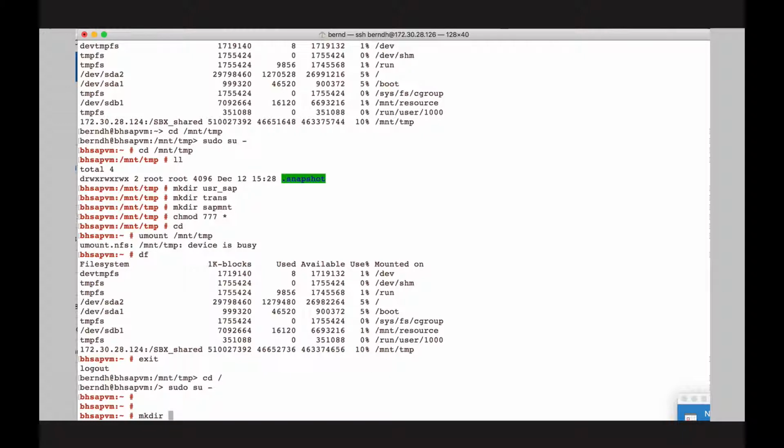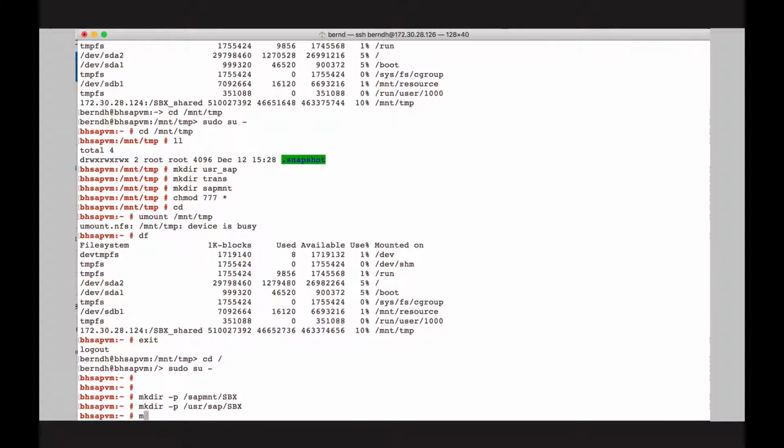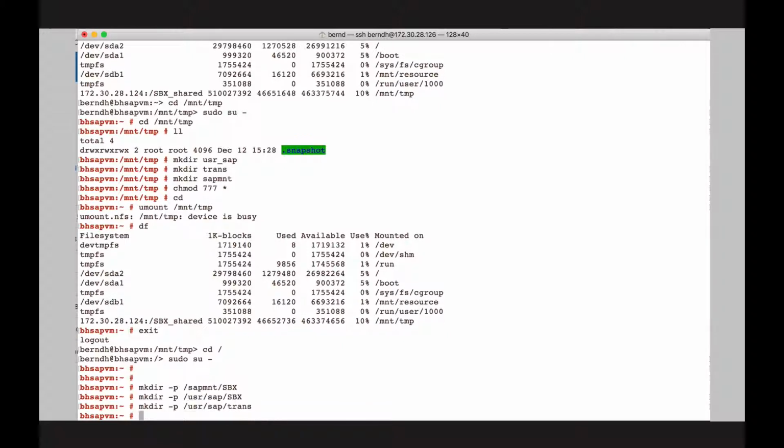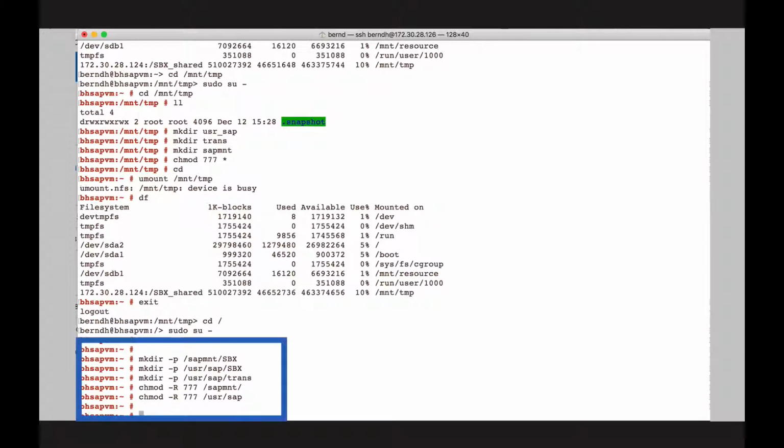And of course, we need to create the folders on the operating system. So let's create sub MNT for the user ID, for the system ID SBX, the same for user sub SBX and user subtrans. Also here we will change the permissions,